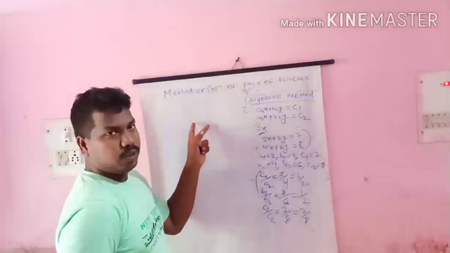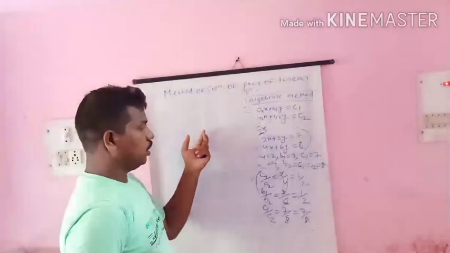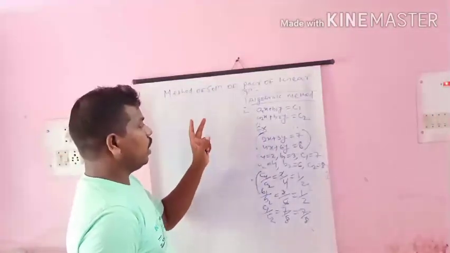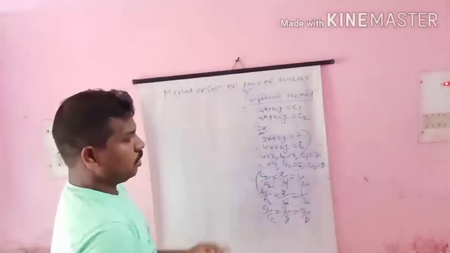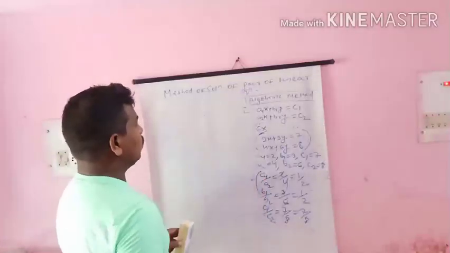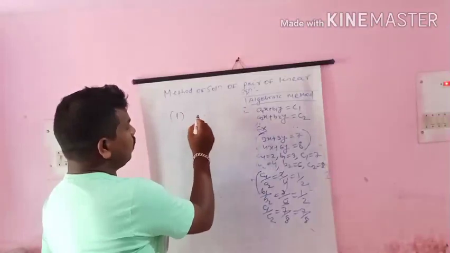So in a question, first we check what type of question will be asked in examination, whether it is algebraic or graphical. First see the question, read the question carefully and write the answer. So these are the three conditions. From these three conditions, first we write again the solutions.